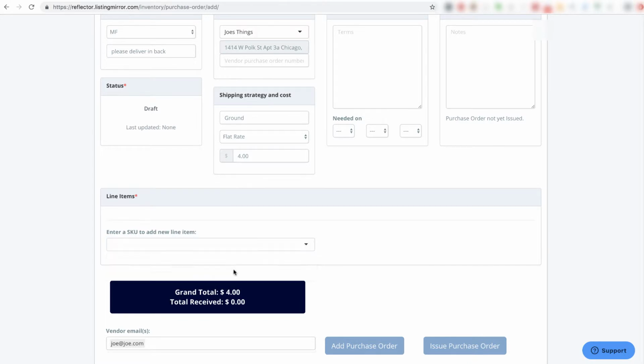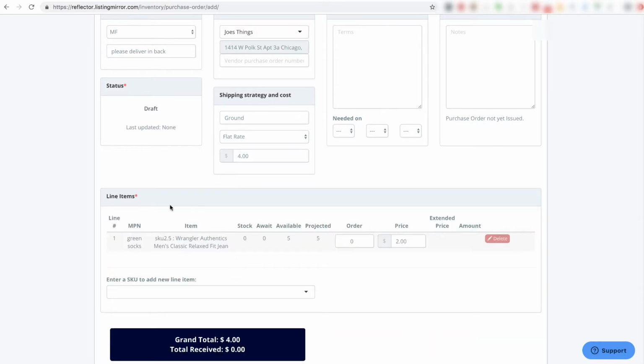So we'll add in 2.5 first. It's going to bring over the information that we had put in on our vendor catalog item earlier. The MPN right here, these are green socks, right? This is line item number 1, green socks. The item, this is our SKU, what we're calling it, SKU 2.5, and the description, if available, which you'll notice